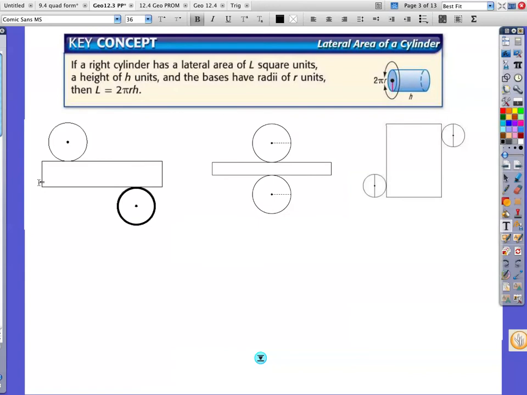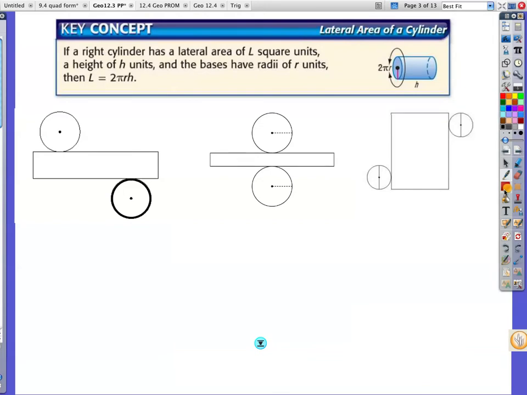Let's look at our formulas here. I gave you several different net possibilities for the lateral area of a cylinder. And here's the reason why the formula is what it is. Lateral area is equal to 2 pi RH. The reason it's 2 pi RH is because when you look at the net, of course I put nets of the entire thing up here, but all the lateral area is this part right here. Okay? When you look at the net,